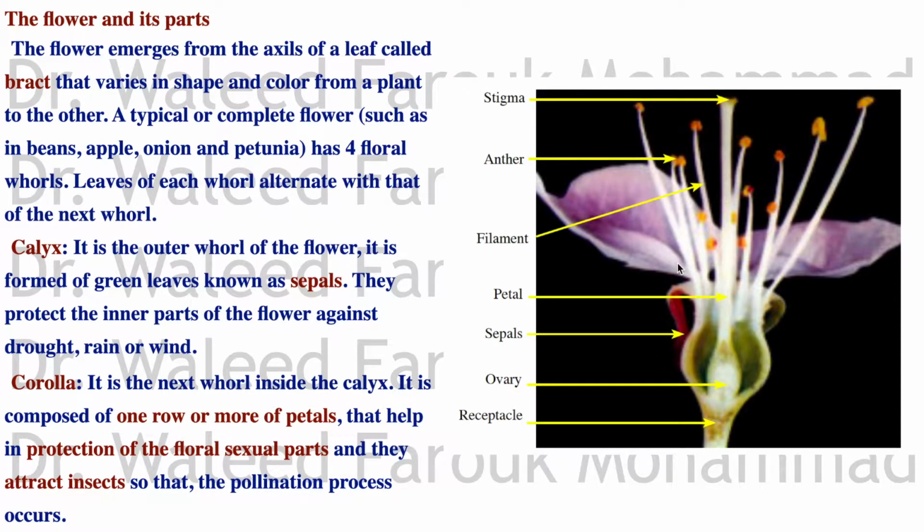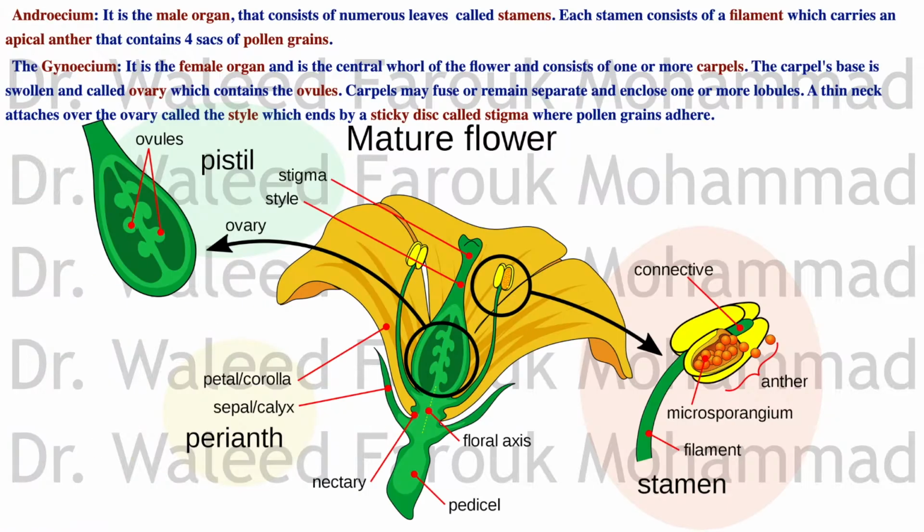And remember, the male parts has the anther, okay, and has the filament. The female part has the ovary and the style, and the tip of the style is the stigma, and pollination will occur at this region in the stigma. Okay,